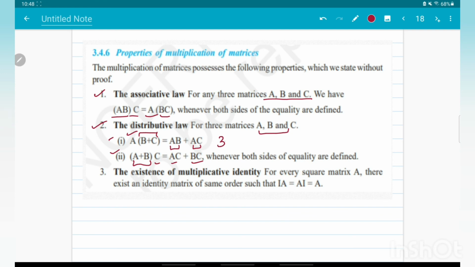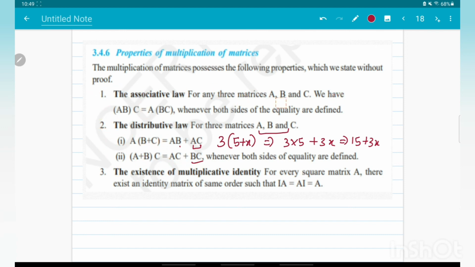Like how you used to do, suppose you have something like 3 into 5 plus x. Now this is not a matrix, I am telling in general form. What you can do, your next step would have been 3 into 5 plus 3 into x, right? And then you would have written as 3 into 5, that is 15 plus 3x. So this is how you find the result. Similarly, we do in the case of matrices also, like when we do A into B plus C, we do it as A into B plus A into C. Similarly, if you do A plus B into this third matrix C, it can be written as A into C plus B into C, because C will be multiplied with A, and then C will be multiplied with B. And that is how it is equal.